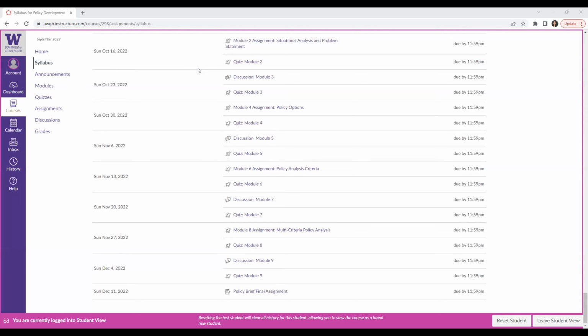So even if you are part of a site group and you might be discussing your policy brief together and getting feedback with one another, you still need to work on your policy brief yourself, and you need to submit it individually in order to get credit. So attending your site meeting and having that discussion with your site group about your assignment is great, and we want you to do that, but it doesn't actually give you the credit for completing it. You have to submit that work in Canvas in order to get graded for it.